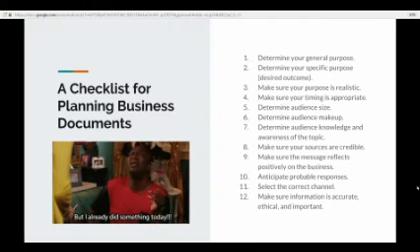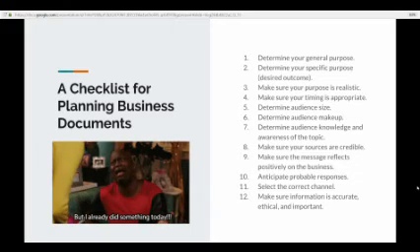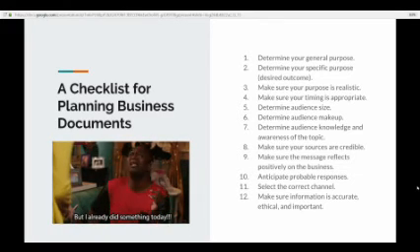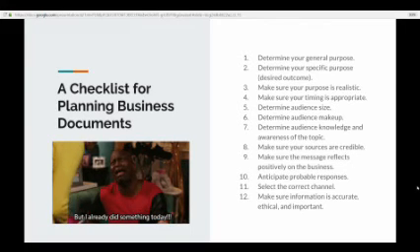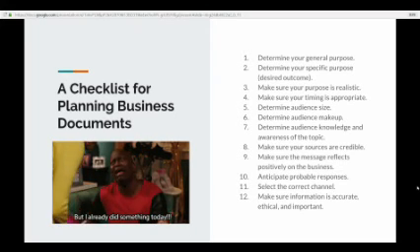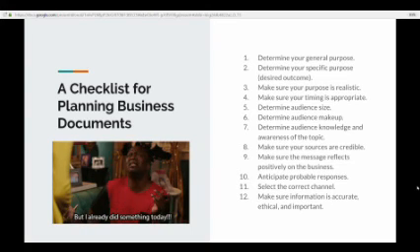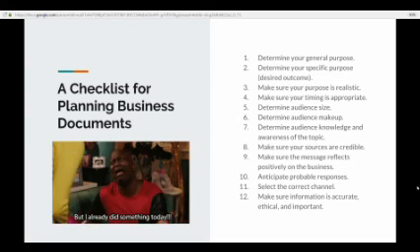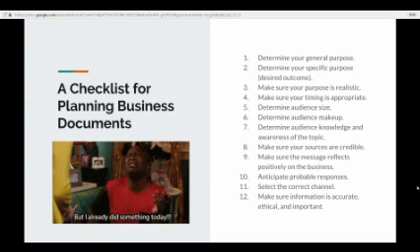Determine your audience's size, their makeup, their knowledge and awareness of the topic. Make sure your sources are credible. The message reflects positively on your business. Anticipate probable responses. So again, this is about thinking about your audience. Select the correct medium and make sure information is accurate, ethical, and important. And that is it as far as planning, drafting, researching.